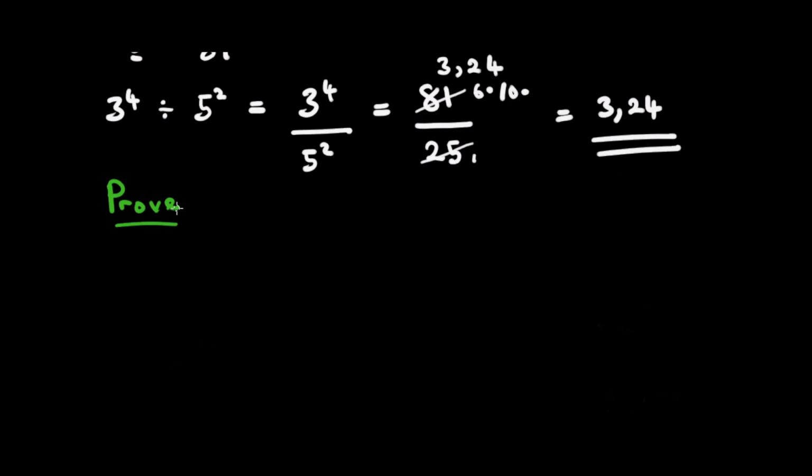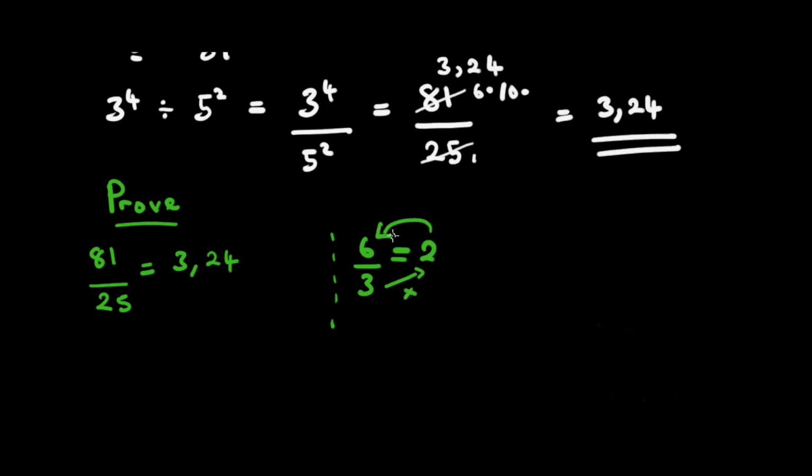Saka pane premise yatoda kuestablisha before ta prove if our answer is correct. The premise is that isusu 81 divided by 25 is equal to 3,24. Ngatitore for example tikati isusu 6 dividing 3 equal to 2. Asi kana tikati 3 times 2, we get 6. Izvi zvinoreva kuti maybe let us do this.